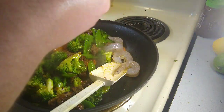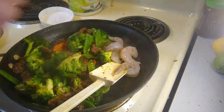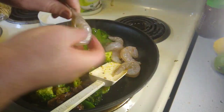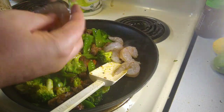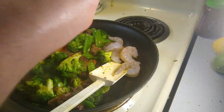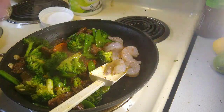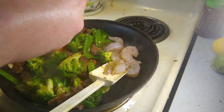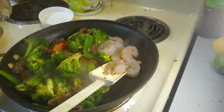I always find the secret to perfectly peeling shrimp is to pinch the tail. Sorry, there you go. Pinch the tail, and that helps break everything free. Then because it's deveined, it's already got stuff up at the back end. The main body shell has been broken already, so